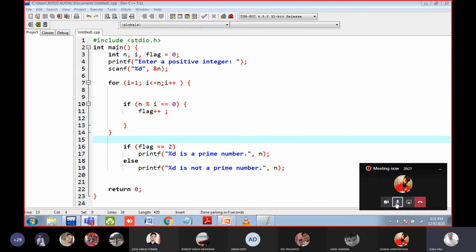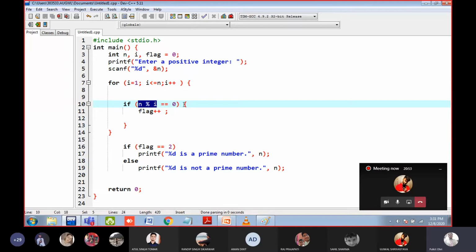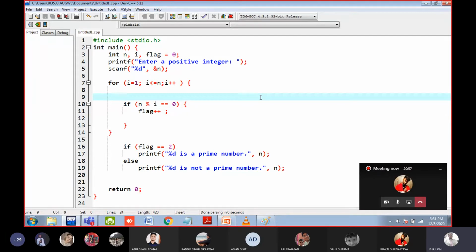So what we will do, we will apply the very basic logic, okay? We will try to divide the number 13 by 1, 2, 3, 4, 5, 6, 7, 8, 9, 10, 11, 12, 13. Okay. So here with the help of for loop, we are trying to divide the same. The value of i is 1. Okay. i means the number by which we are dividing the 13. i is 1, then 2, 3, 4, 5. That's why we have written n modulus i. n is 13, let us suppose, and i will become 1, 2, 3, 4, 5, 6 up to 13.